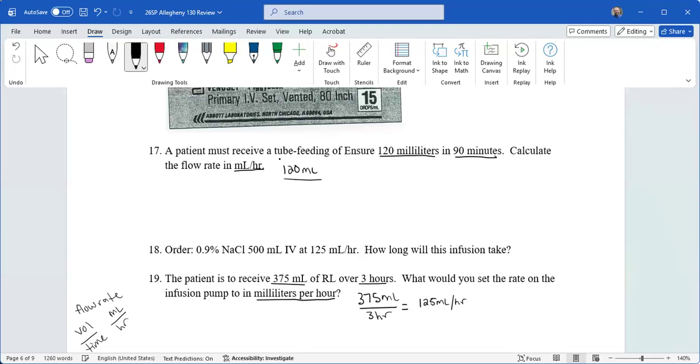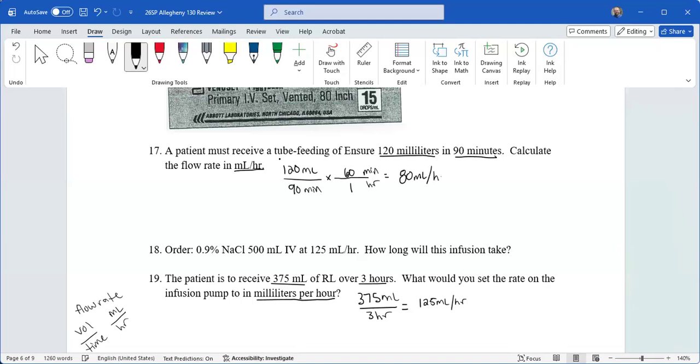I'm going to take my 120 milliliters over 90 minutes. Again, I don't want minutes, I want hours. So I'm going to convert minutes to hours. 1 hour is 60 minutes. And then we're just going to calculate that. I think that comes out to 80 mil per hour, but let me just double check. 120 times 60 divided by 90 is 80. Yeah. So that's going to give me 80